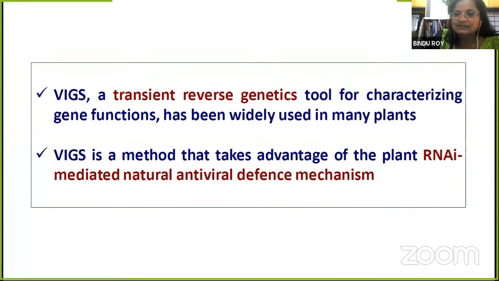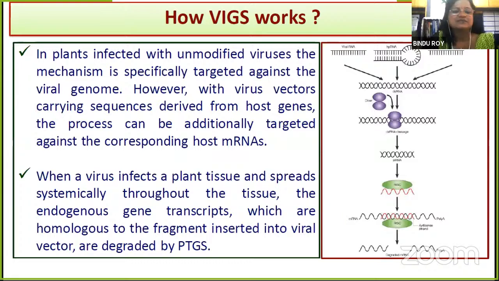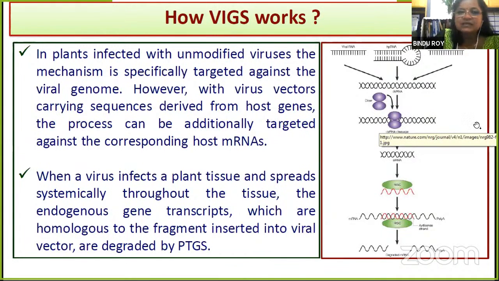WIGS is a method that takes advantage of the plant RNAi-mediated natural antiviral defense mechanism. And this is how the WIGS works. In plants infected with unmodified viruses, the mechanism is specifically targeted against the viral genome. However, with virus vectors carrying sequences derived from host genes, the process can be additionally targeted against the corresponding host